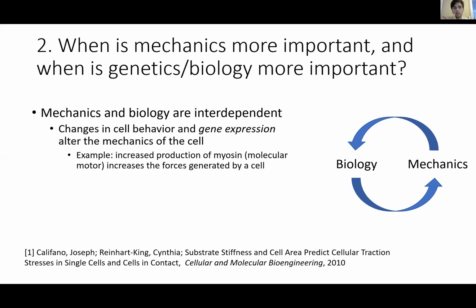One is when you change the behavior of a cell or change its gene expression, so this is like what proteins the cell is making, this will actually affect the mechanics of the cell, right? One example of this is if the cell increases its production of myosin, which is a protein that acts as a molecular motor inside the cell. This will increase the forces that the cell